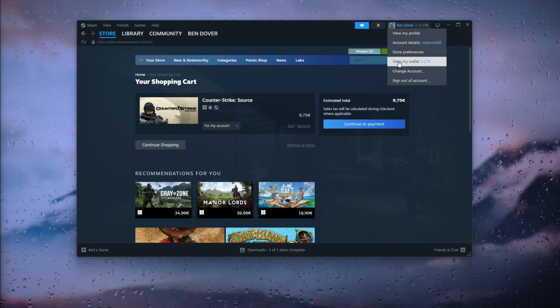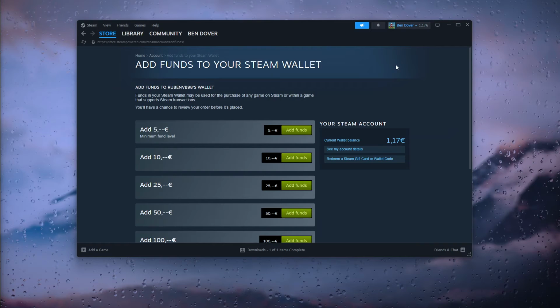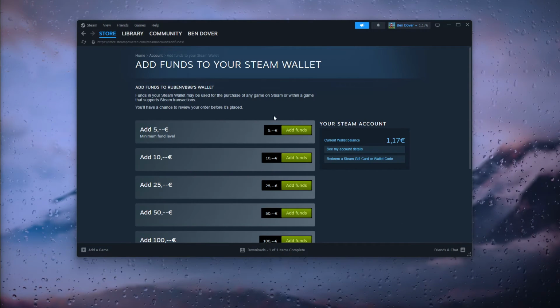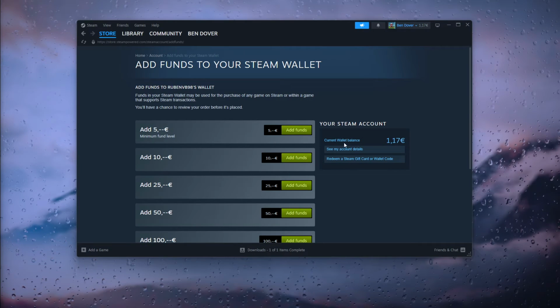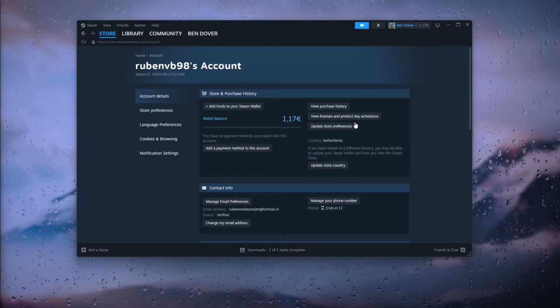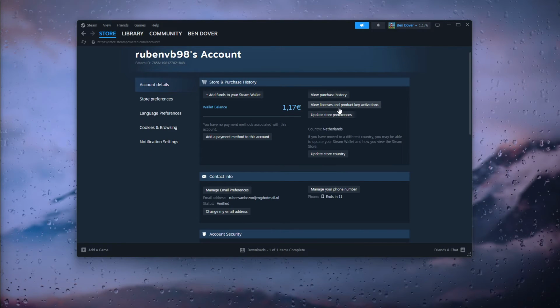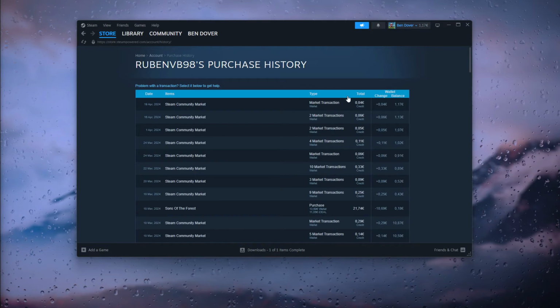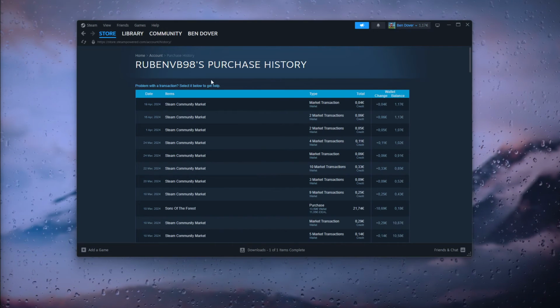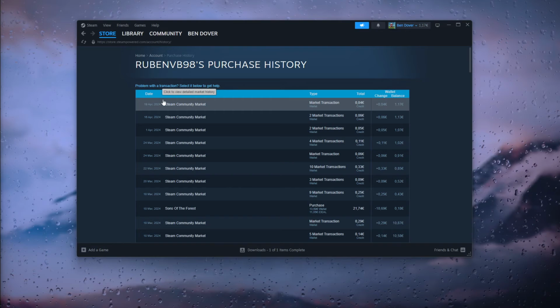to your wallet, and inside your wallet you have a load of stuff to choose from, and you see your current balance right here. Now what you could also do is go to the account details. And here you have your purchase history. Now inside the purchase history you see the recent game that you just bought, and if you didn't play the